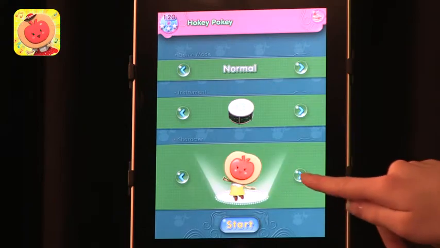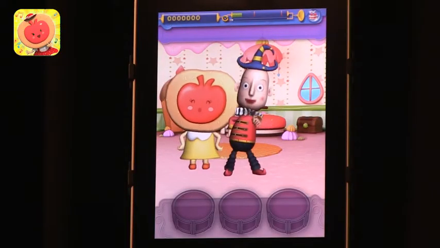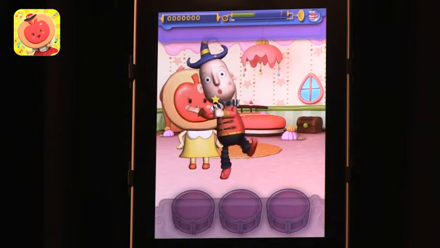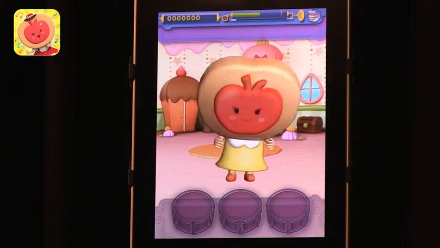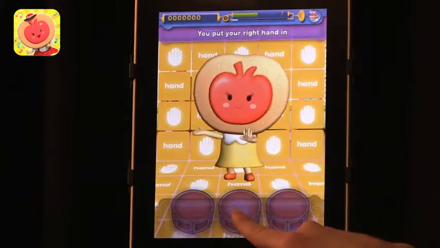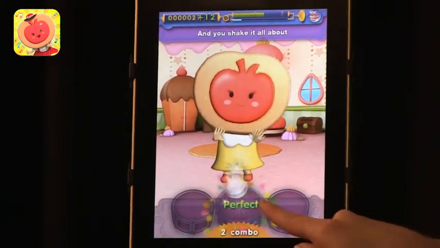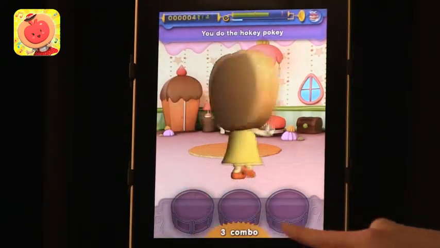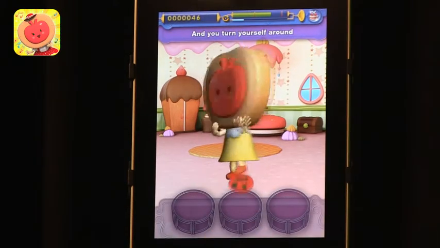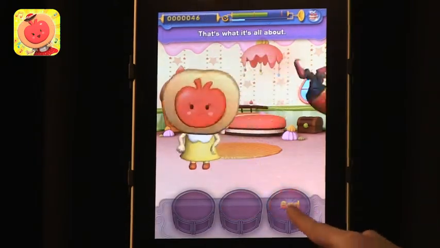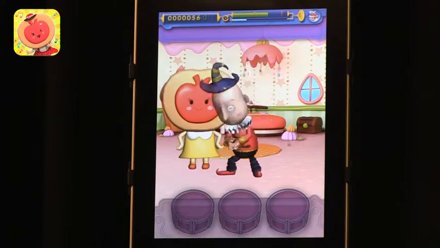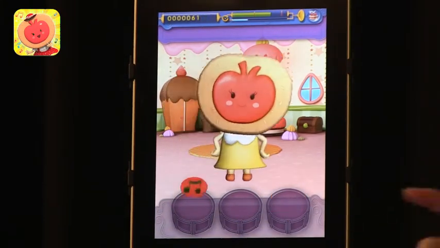And at the bottom, they can select the character they want to play with. So we'll hit start. Are you ready? And the song will begin. And when the beat matches the instrument, that's when the students are supposed to touch it. If they miss it, it'll say bad. If they hit it right on, it'll say perfect, and if they hit it a little bit off, then it'll